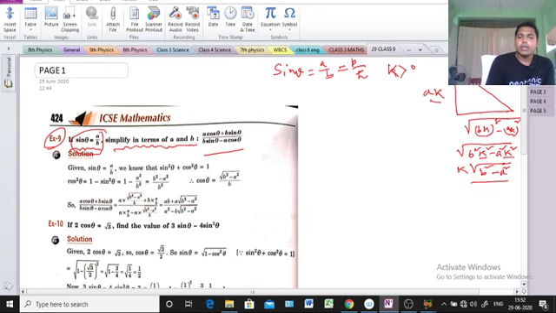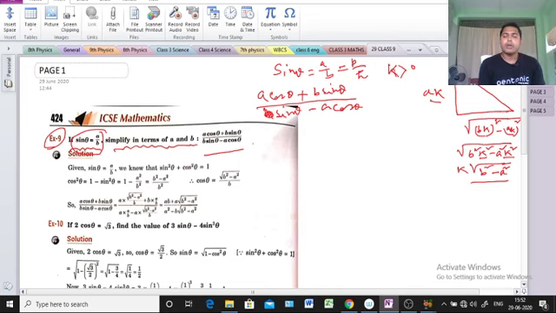So see, what is the given question? We find out a cos theta plus b sin theta by b sin theta minus a cos theta. This is the question. We find out this value. And the value that we will get, the theta won't be there, means theta will be eliminated. Clear? Okay, now put the values.